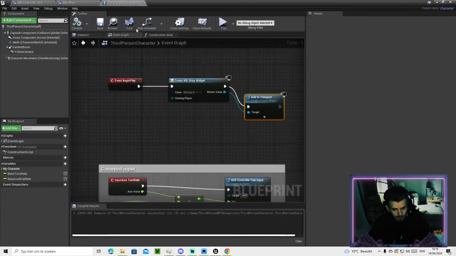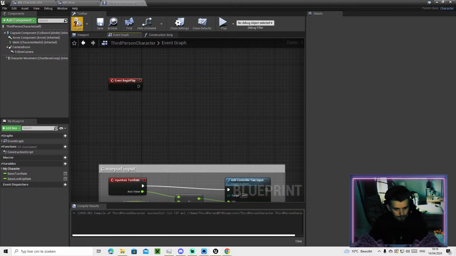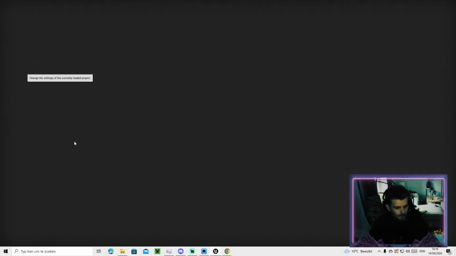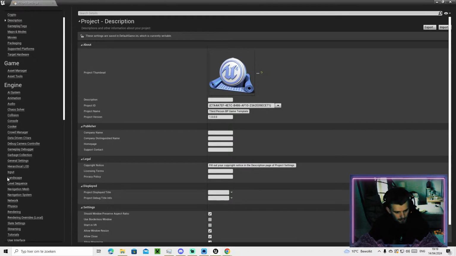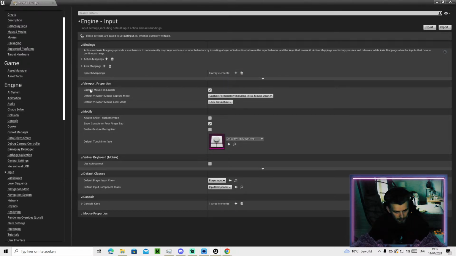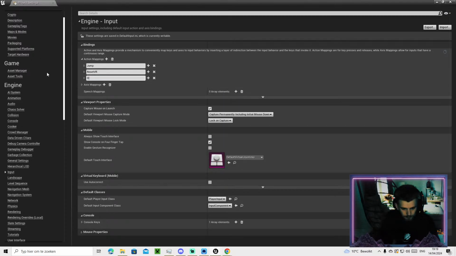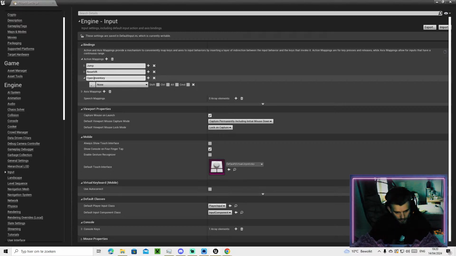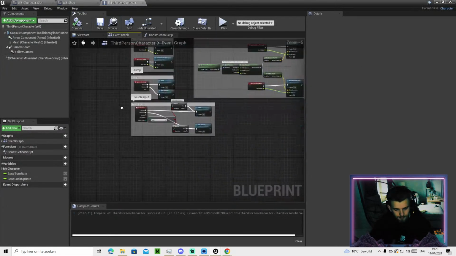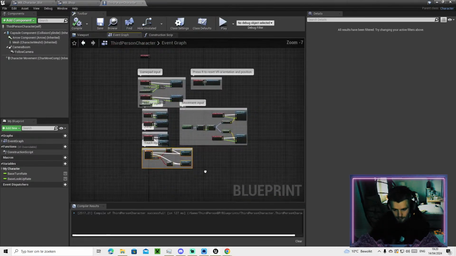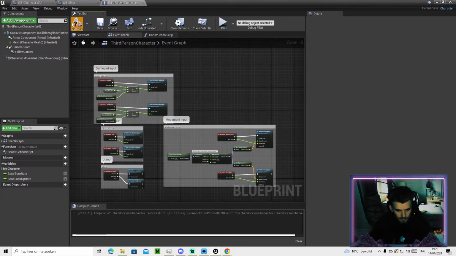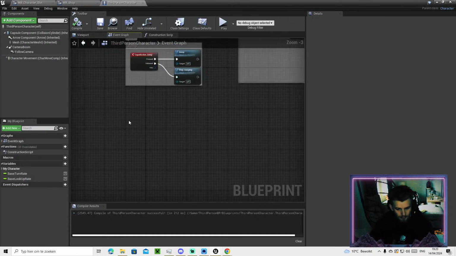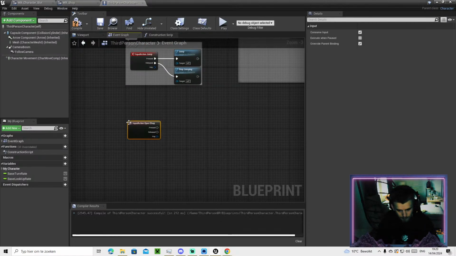Let's quickly make it so we can show it with a button. Let's go to project settings, input, action mappings, open inventory, or open shop it is. And let's do F for the shop, why not? Get rid of this because we don't need that. Let's get rid of the VR stuff. There we go. Okay, so open shop